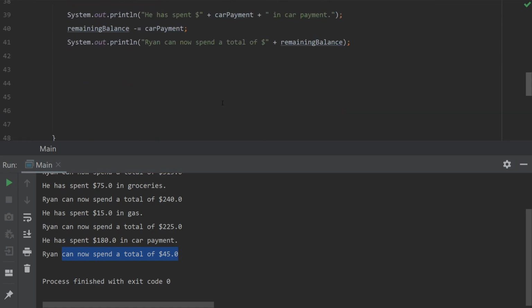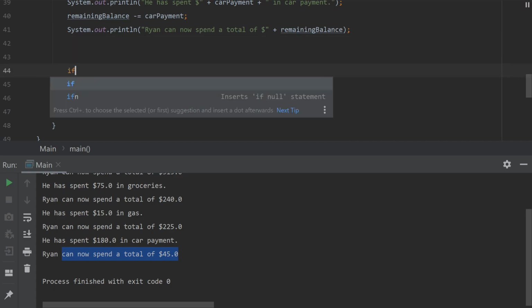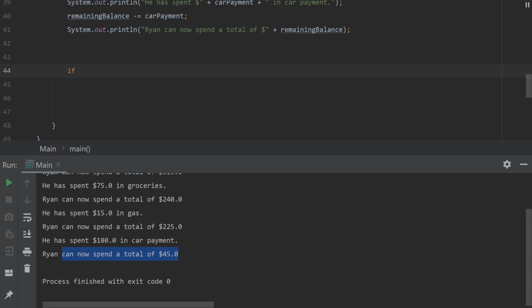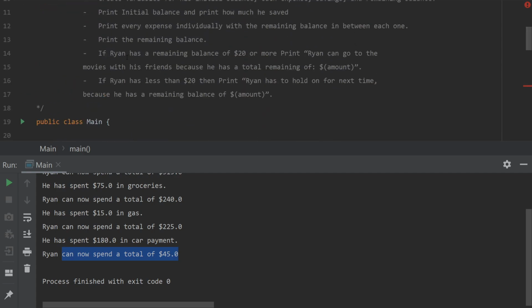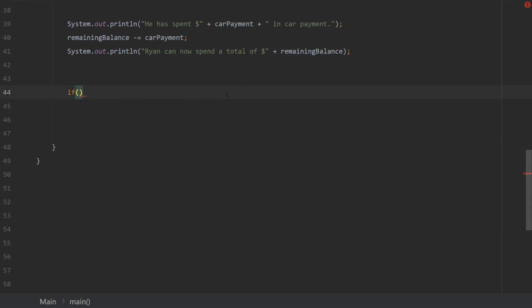Now to use if, we simply start with the word if. This is a keyword, yes, if. After if, we establish a condition. The condition is stated right here above. If Ryan has a remaining balance of $20 or more, print, Ryan can go to the movies with his friends because he has a total remaining of X amount. So if it's $20 or more, we gotta use the operators that you use in math because we have to check for equality. Alright, so if remaining